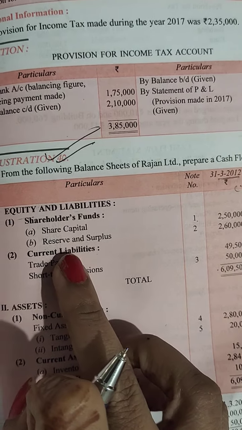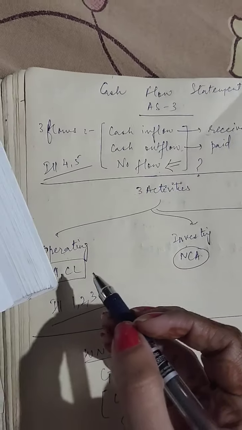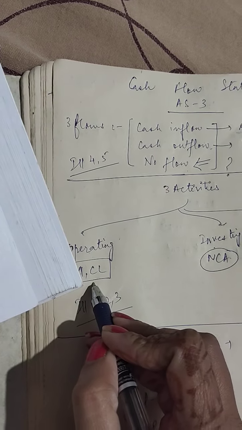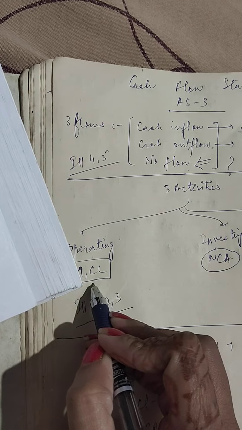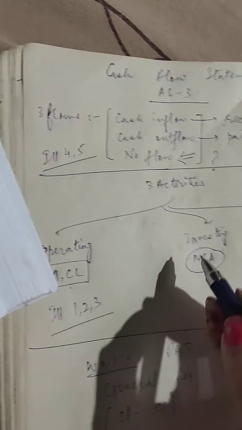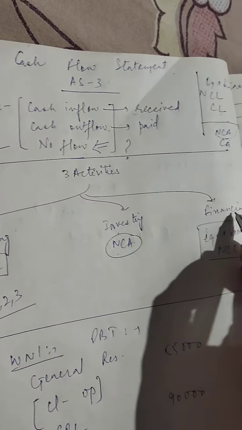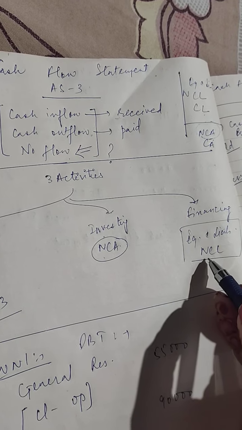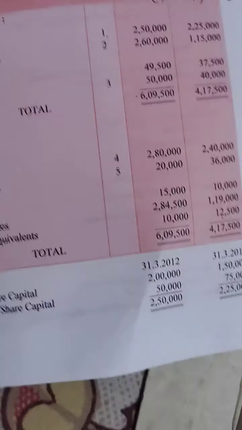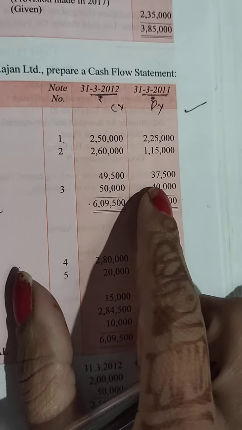Now see current liabilities. Now you know where the current liabilities go. Just refer to your previous table where we told you that in operating, the items to be put are current assets and current liabilities. In investing it has to be non-current assets, and in financing it is equity and liabilities as well as non-current liabilities. Now it is a current liability. So current liability is where? In operating, and we left space over here after working capital changes. What is the amount? Please check out the change.